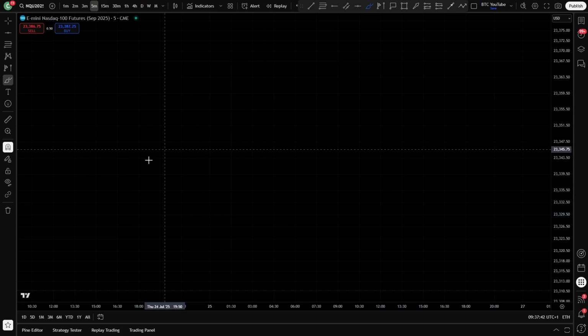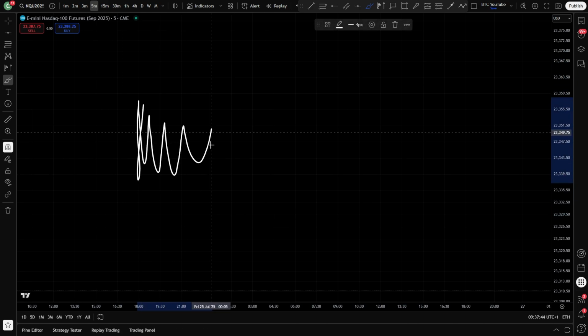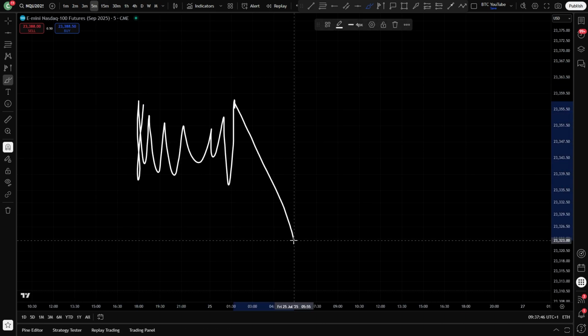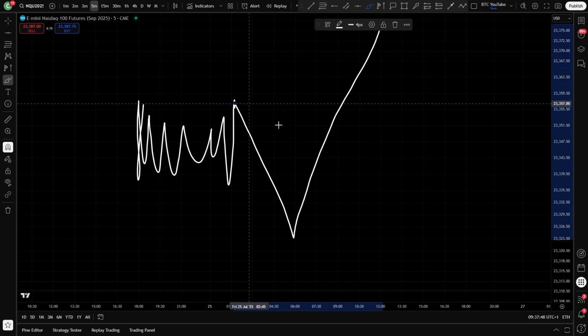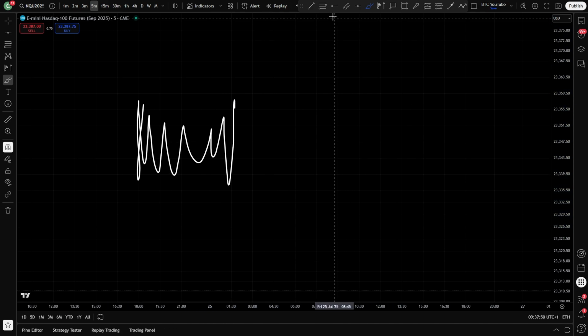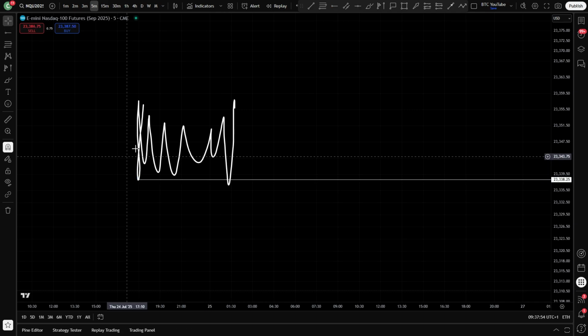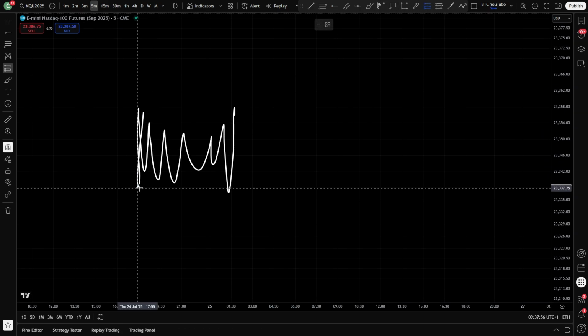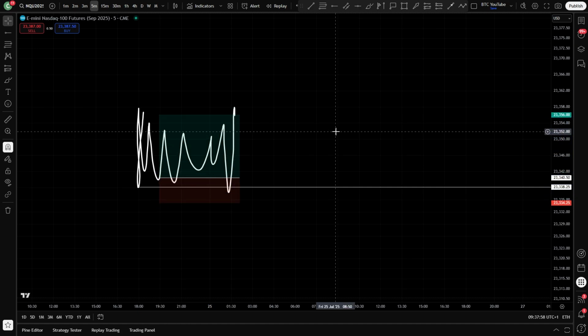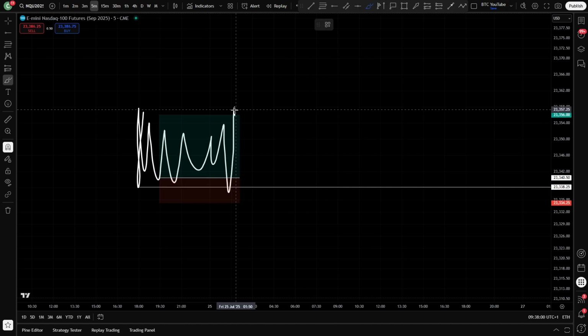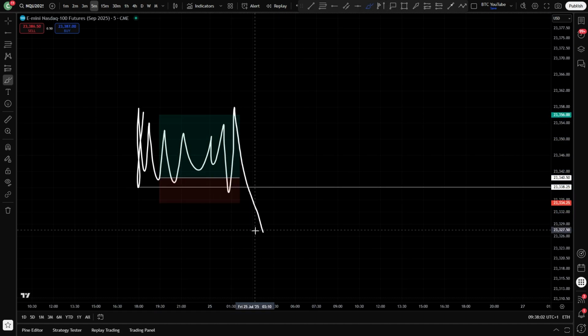So the strategy, very, very simple. You've got your accumulation, your manipulation, and your distribution in the markets. This is what you're looking for. Basically, you've got your lovely area of accumulation. You've got your liquidity looking something like this. You know there's tons of stop losses below this. And then what you're looking for is your nice manipulation down, taking out all the stop losses, and then you